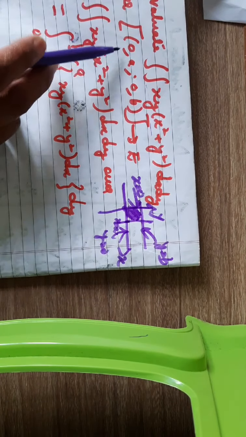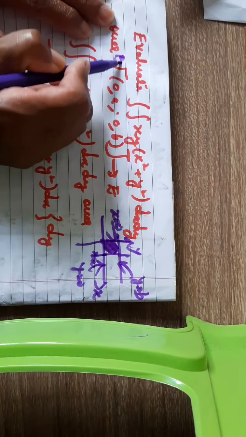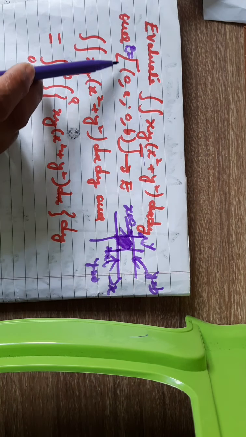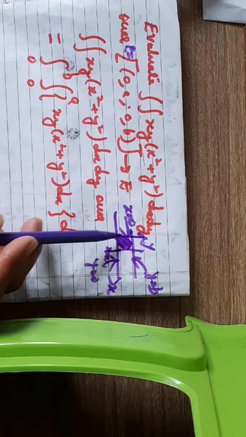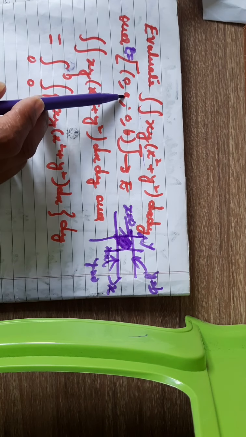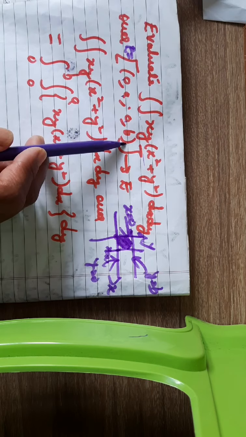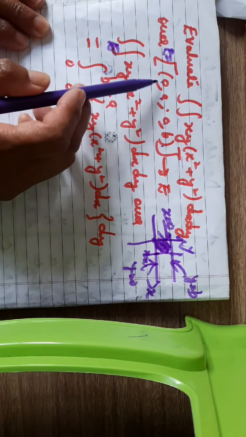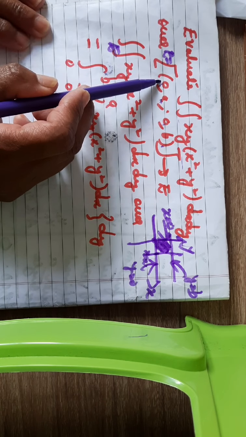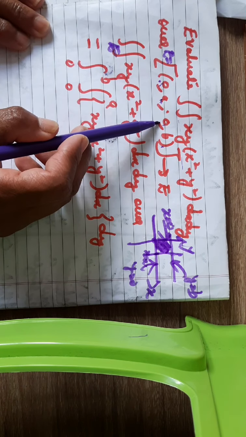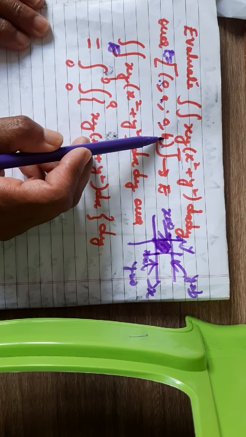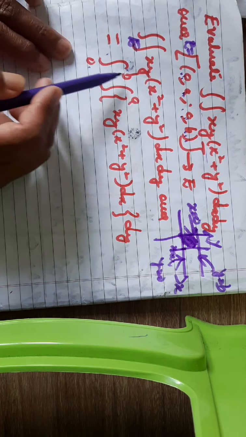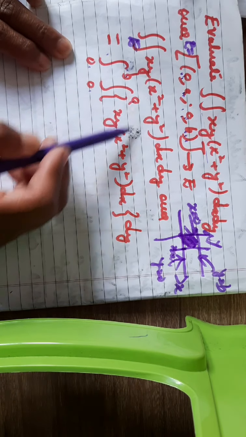So here how to evaluate this one. If I denote this region E, so double integral xy into x square plus y square dx dy over the region E, which is this rectangle only, bounded by x is equal to 0, x is equal to a, y is equal to 0, y is equal to b, that means the limit of integration for x will be from x is equal to 0 to x is equal to a, and for y it will be from y is equal to 0 to y is equal to b. So this is equal to integral 0 to b integral 0 to a xy into x square plus y